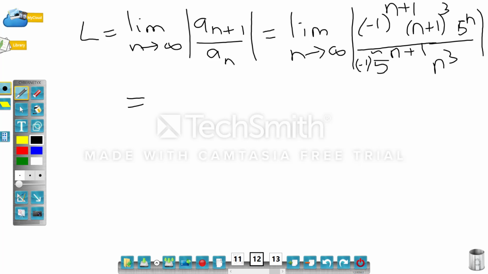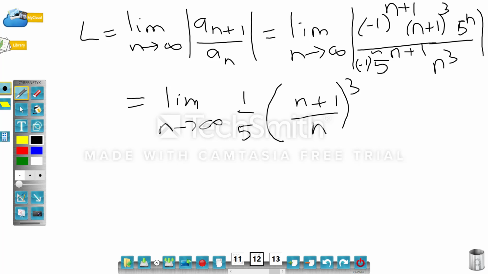I will remove the mod sign because n is a natural number and positive, and that (-1) raised to n plus 1 becomes positive. You could see that one of the 5 raised to n will get cancelled, so we will have 1 upon 5 and (n plus 1 upon n) whole cube,